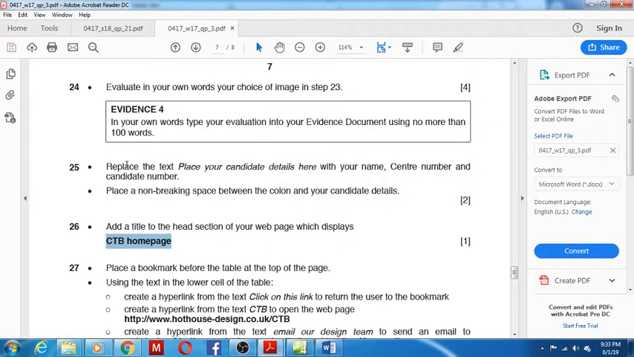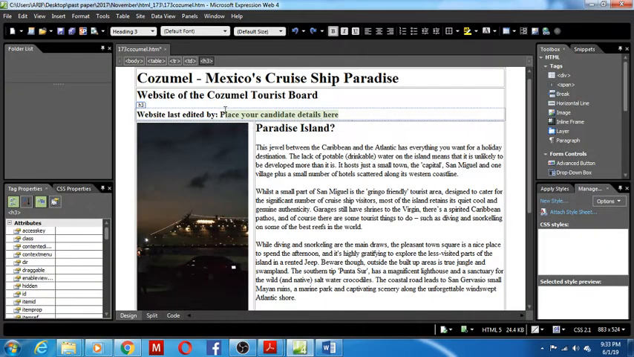So continuing with the paper, if we move on to question number 25, it's replace the text, place your candidate details here with your name, center number and candidate number. Place a non-breaking space between the colon and your candidate details. So here, website last edited by place your candidate details. This should be replaced with your name,